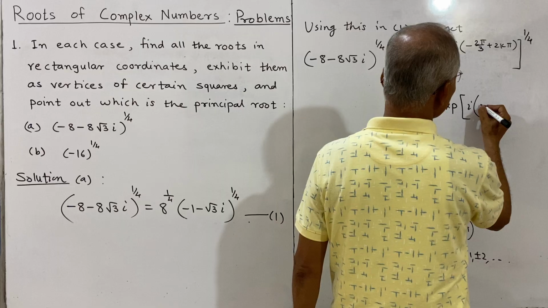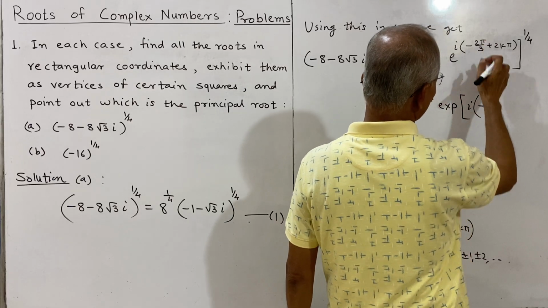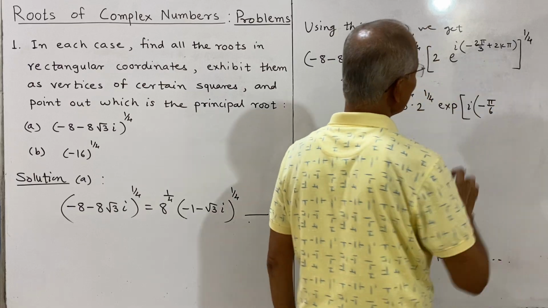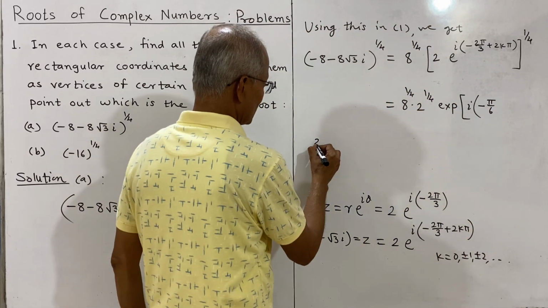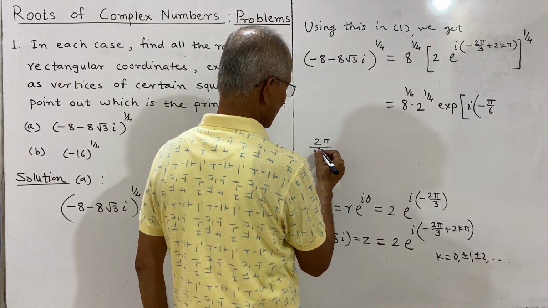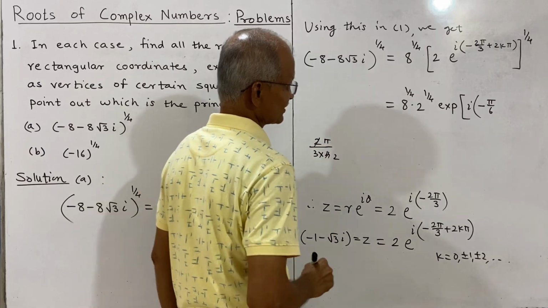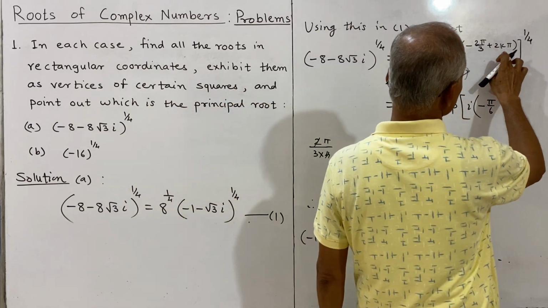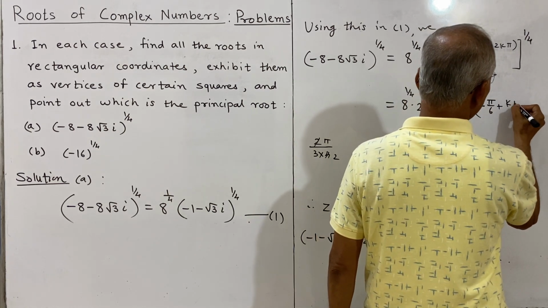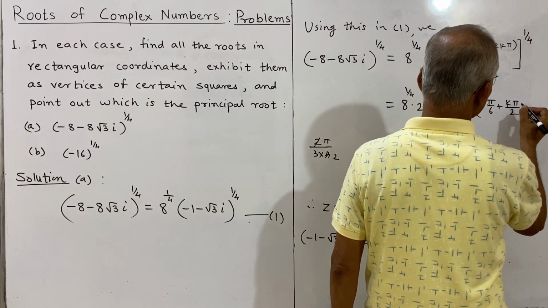That gives minus pi by 6, you check it, this is 2 pi divided by 3 into 4, and this gives pi by 6, and here it is divided by 4, and that will be plus k pi divided by 2,